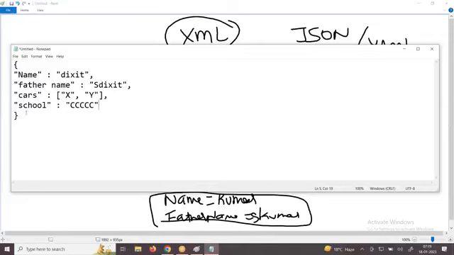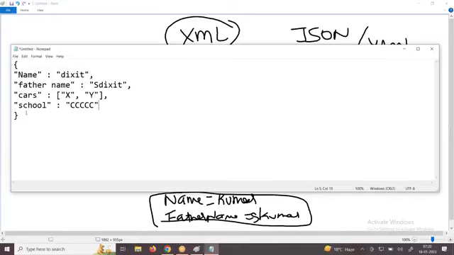Is it clear? Anyone in the world who is writing a JSON format, it is a universal format. If I want to send some data, universally all the languages will know how to read JSON. JSON and YAML are the two universal formats. I explained how you write a JSON. It's just a normal format of information so that in the computer world everyone can understand. If you write like this one, submit it.